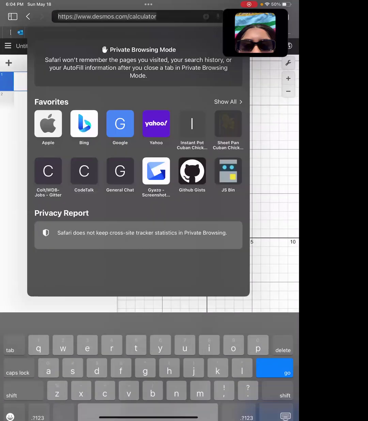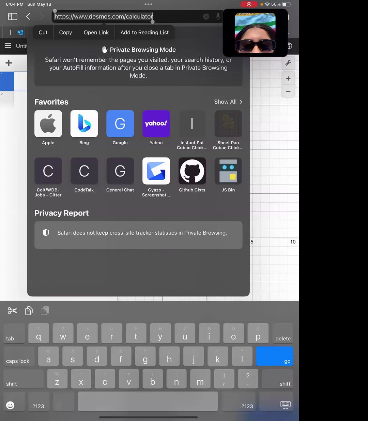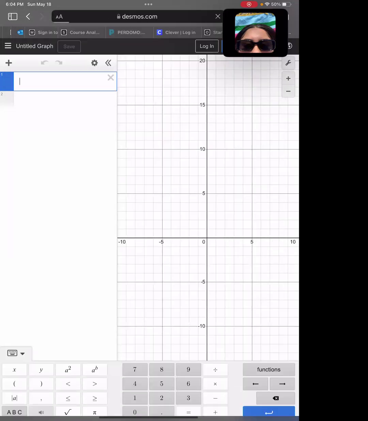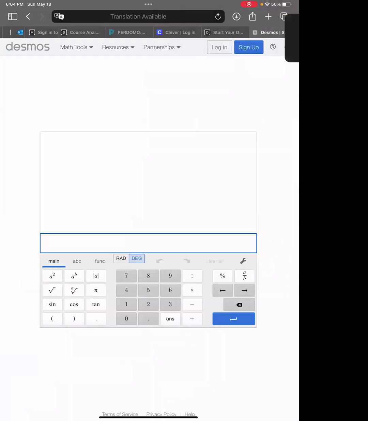Okay, that's not what I wanted to do. I don't want the graphing, I want the scientific. Okay, so from here, I would do 4/3. Nope, that's